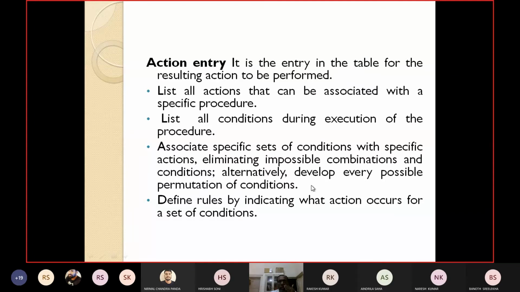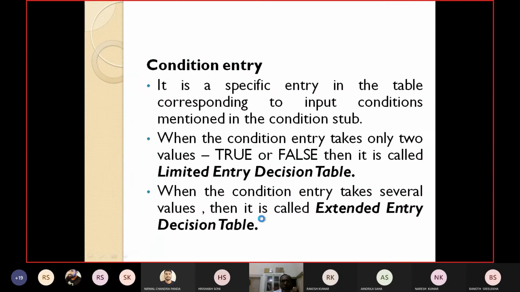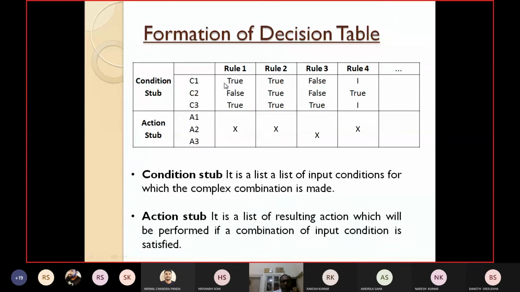Then you define the rules by indicating what action occurs for a set of conditions. So for a set of conditions, what action needs to be taken can be defined as a rule. For example, I can say that when C1 is true and C2 is true, take action A2. This is my first combination of conditions, so this is rule 1.